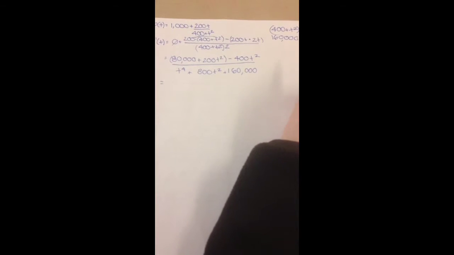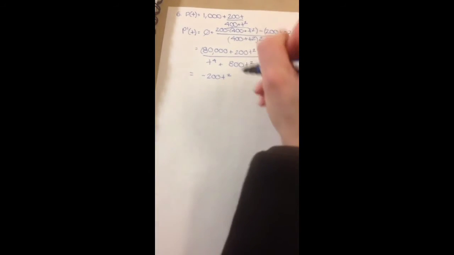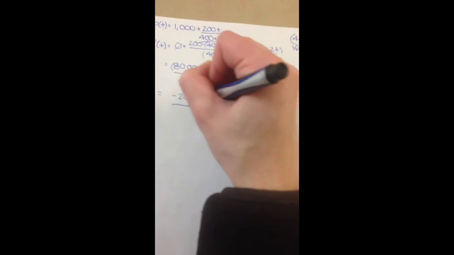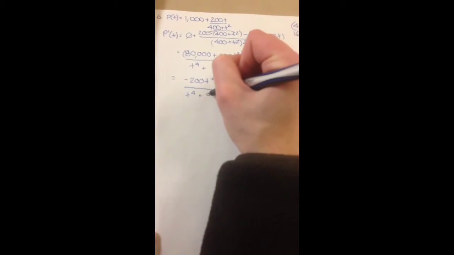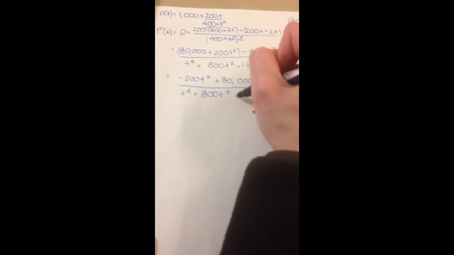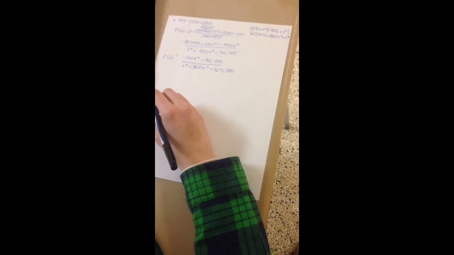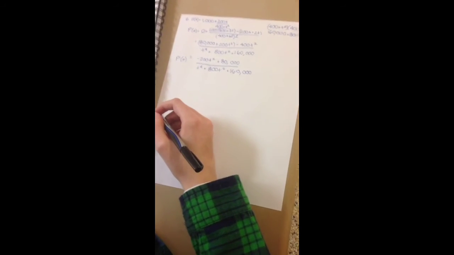Okay, simplifying even more. 200T squared minus 400T squared is negative 200T squared plus 80,000 over T to the 4th plus 800T squared plus 160,000. Okay, so that's the derivative, and then you see when the bottom will equal 0, but any number you